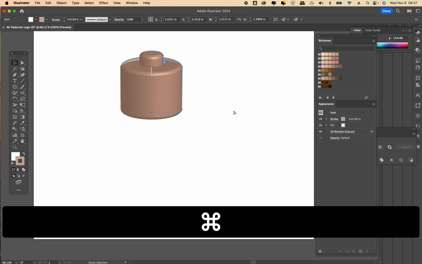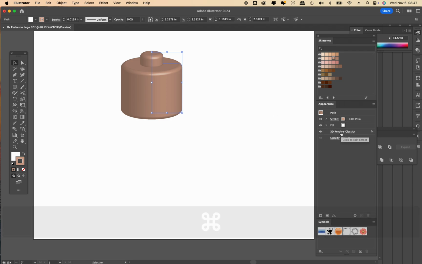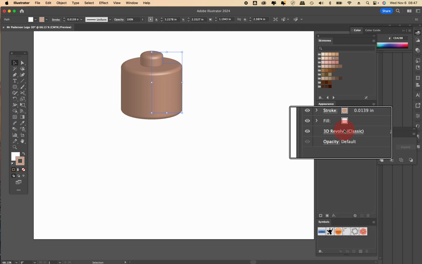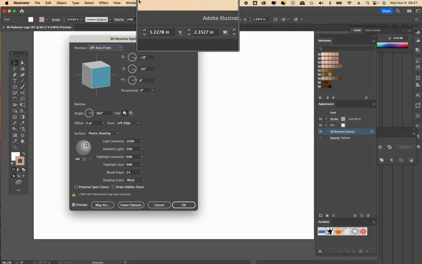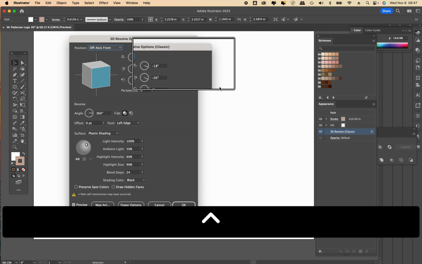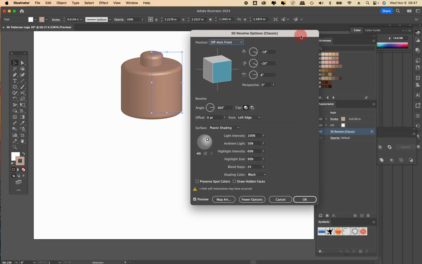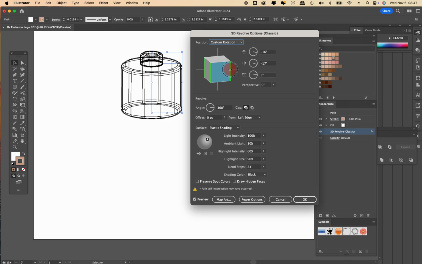Command Z, Command Z. But if I go over here to this 3D Revolve Classic, and I click on that, and I get my toolbar back, let's watch what happens now. If I work with this cube, I'm going to tilt that